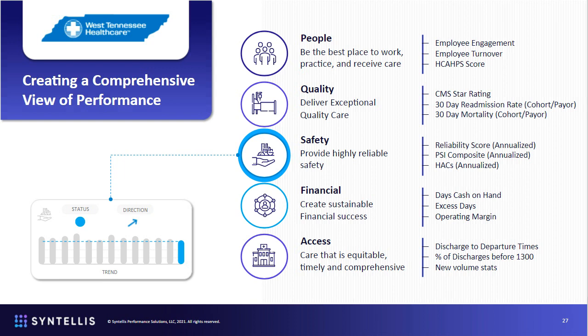But the goal here being to drive directors, drive leaders to a single place that uses a common data source and gets leaders all looking at the same information on a regular basis to help to create and foster the culture around continuous improvement. Now, each of these areas, you'll see if you look to the right, has accountable metrics. These are just examples, and each one of these metrics with goals and targets that they're tracking and trending towards